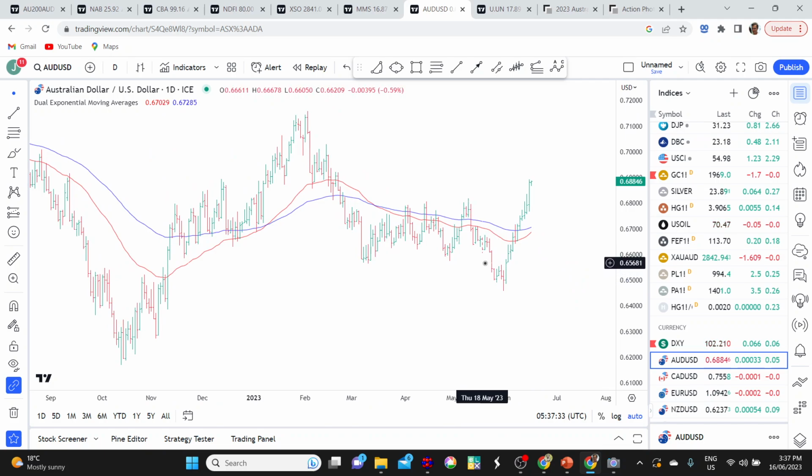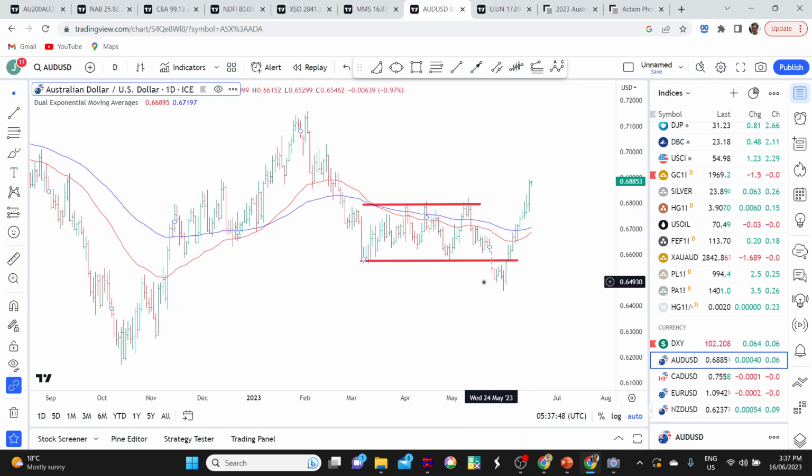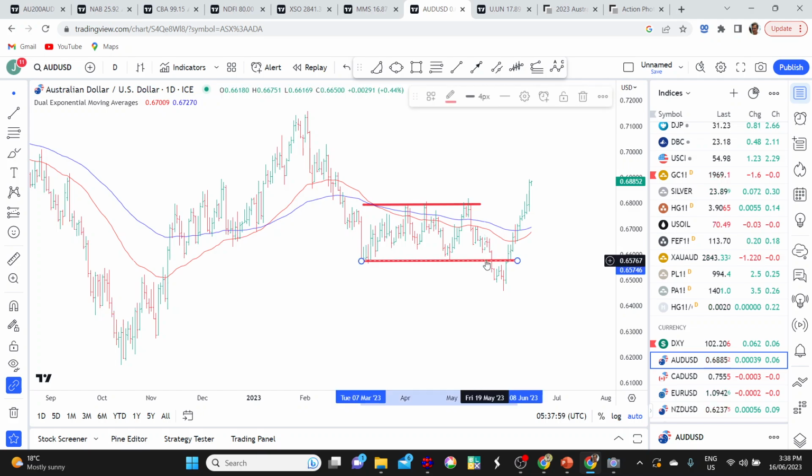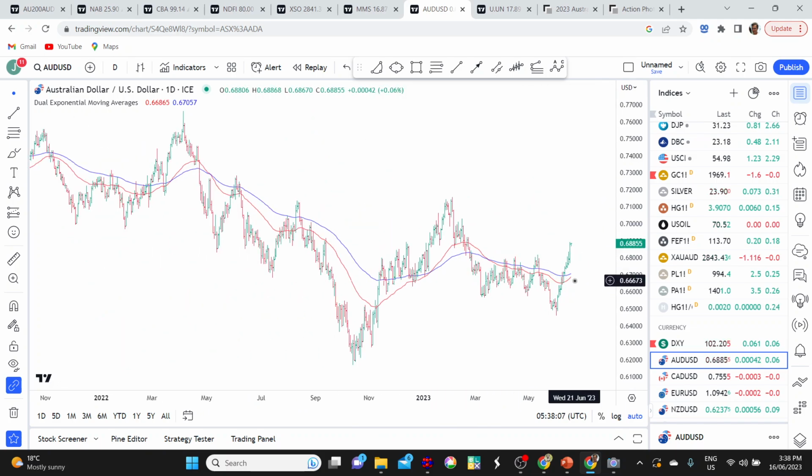This price action that we saw at the end of May was interesting because we had a situation where the Aussie was in a trading range. I'll just quickly sketch something in. Trading within a range, broke to the downside, stayed down there for a few days, and then quickly came back above it. I love that sort of pattern because that's often a sign that the selling's exhausted and there's a trend reversal in place. Whether it be a larger, medium-term or longer-term trend reversal, that's yet to be seen. But for the moment, it looks like the Aussie dollar's got a bit of strength returning to it, and we'll just see where this goes.